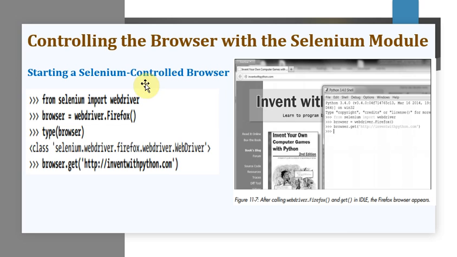We will begin with the first topic of Selenium, that is controlling the browser with the Selenium module. The Selenium module lets Python directly control the browser by programmatically clicking links and filling in login information, like how a human actually interacts with the page. Selenium is going to do that task for us.